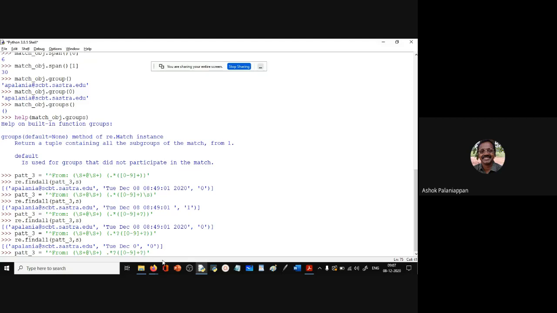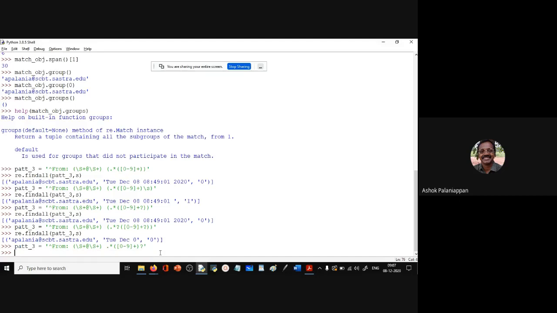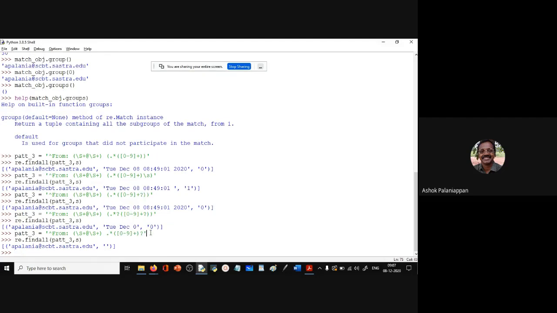Okay, this has to be matched in a non-greedy way. So it is this number that we have here that has to be matched in a non-greedy way. So let's see how this works.